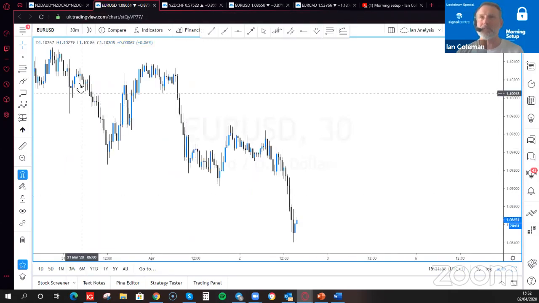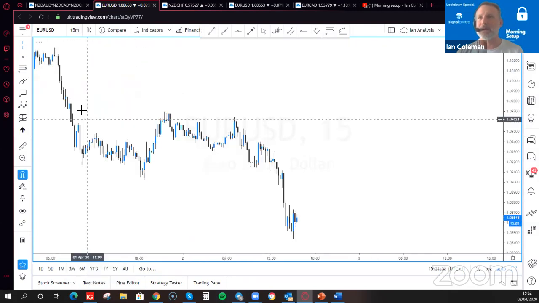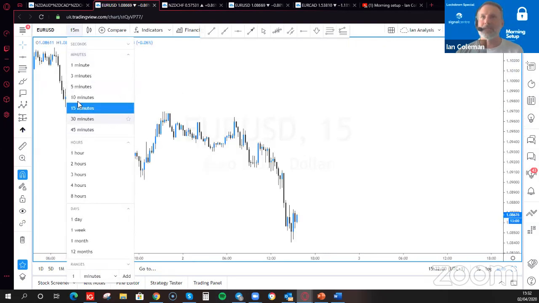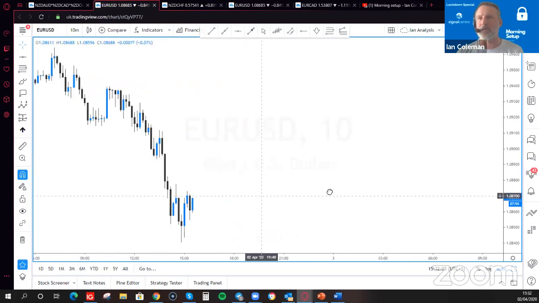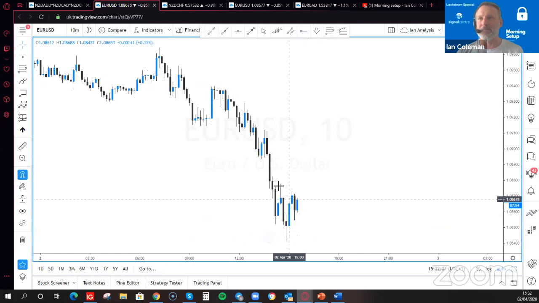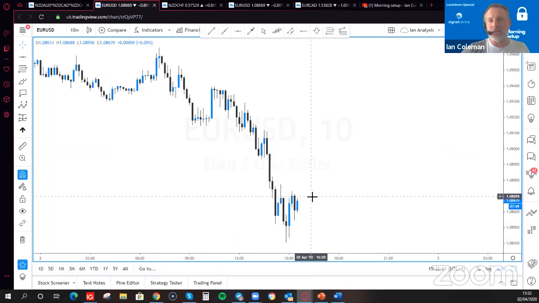And again, just breaking down, and that's about as far as I'll go. There are no real reversal formations as yet. Maybe a little head and shoulders on the shorter time frame, but the bias for me on the euro dollar pair would be to buy into dips off all the information that we've gathered from those different analytical tools,